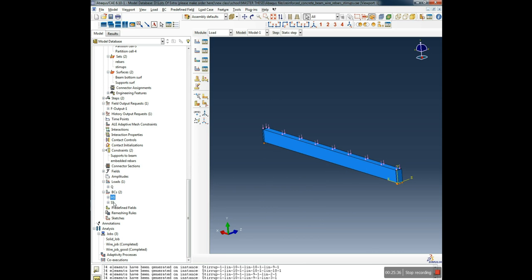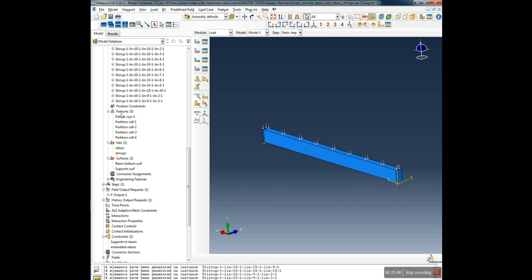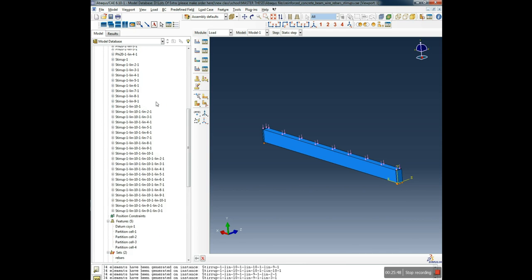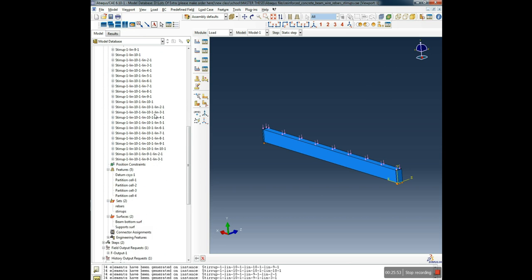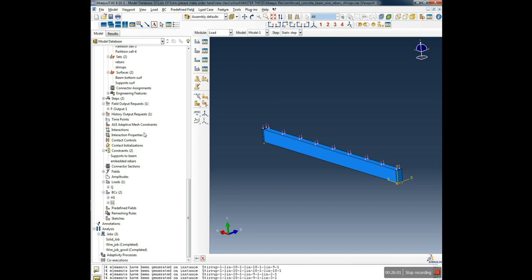Yes, they are there. So remember, guys, when you have partitions, you have these features, and you expand features. And here, sometimes the partition planes were making suppressions and then bringing them back. The parts in the instances in the assembly. Then the partition cells get suppressed too, and you have to resume them if you want, because they don't get resumed automatically. So you resume them, and then you can have your boundary condition